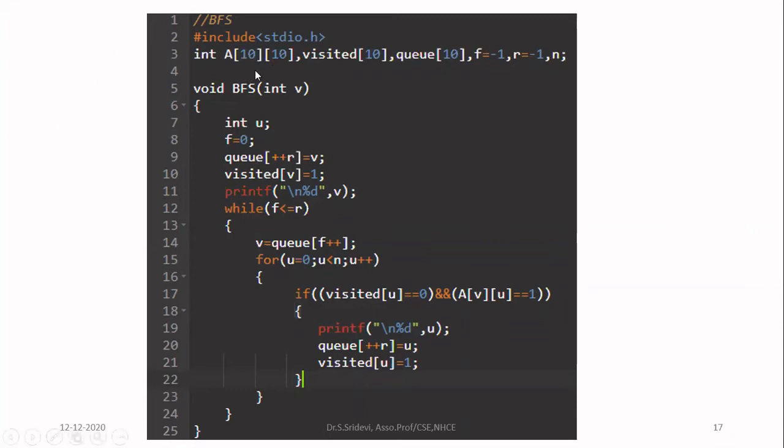Then you are going to consider one 1D array visited, and this visited is going to have as many entries as the number of vertices in your graph. So the dimension of visited is the same as one of the dimensions of your adjacency matrix, that is nothing but the maximum number of vertices. I'm going to keep this as 10. After that, I'm going to insert all the nodes into the queue, so I have to create one more array for the queue also. The size of the array is the same as the number of nodes in my graph, so I am declaring queue as queue of 10.